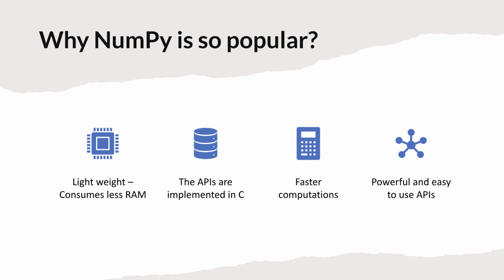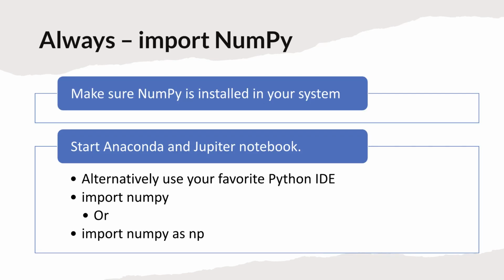And at the same time, it provides a lot of powerful and easy to use APIs. Be it linear algebra or some sort of logarithmic operations, all this you can achieve very easily. Nevertheless, matrix operations are very common in data science, so that is very well supported in NumPy. What makes NumPy very powerful is the NumPy array. We will explore NumPy arrays in detail a little later.